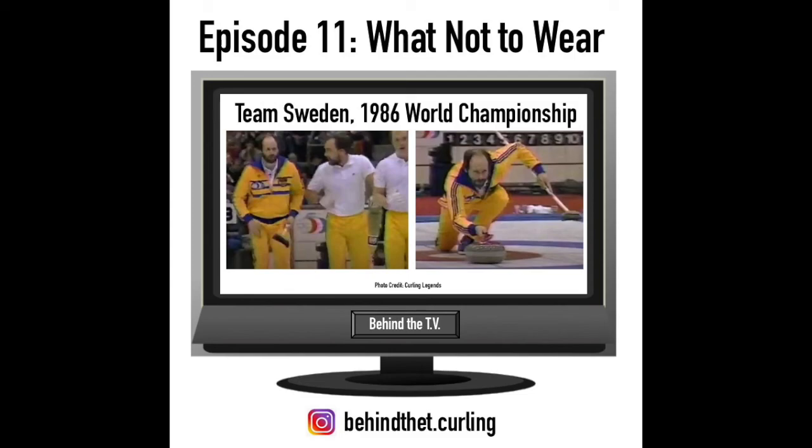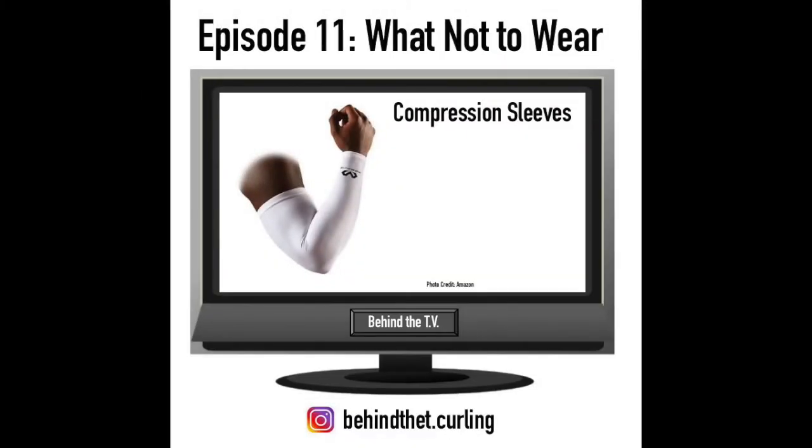Yeah, actually, that reminds me. Let's go off the board here. What are your feelings, still fashion here, on these compression things that everybody wears on just one of their arms? Oh, yeah. How did we not bring that up? I know that's another thing my mom wanted to bring up. So I don't know so much about the compression part of it, but I can see it would definitely keep your arm warm, which would be good for a sweeper because it is always